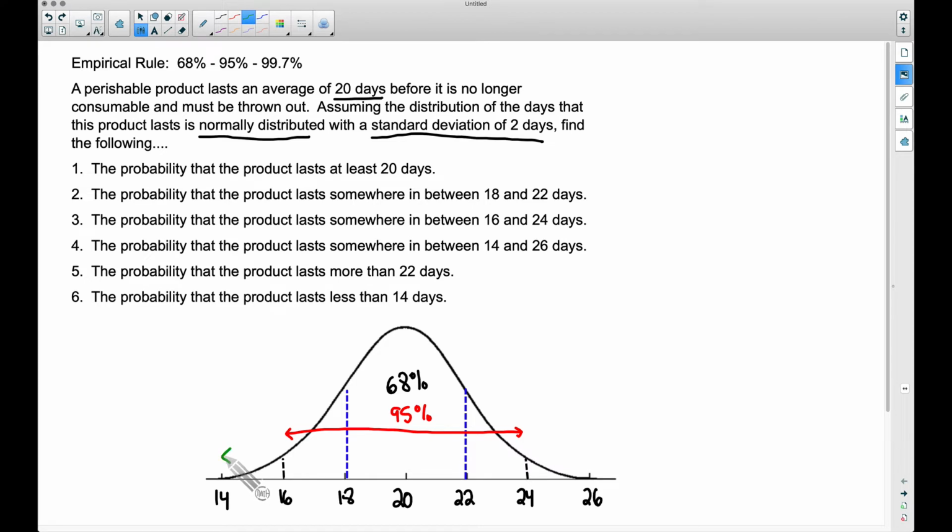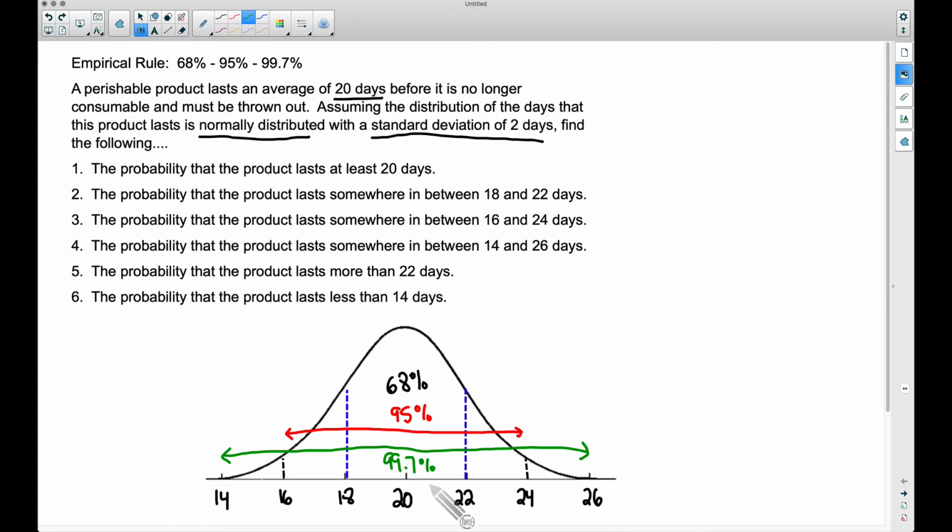That involves the 3rd standard deviation below, all the way up to 3 standard deviations above the mean. So remember, the average was 20 days. The standard deviation was 2 days, so that's why I'm going 22, 24, 26. 26 is 3 standard deviations above the mean. And it turns out the probability of this product lasting somewhere in between 14 days and 26 days,